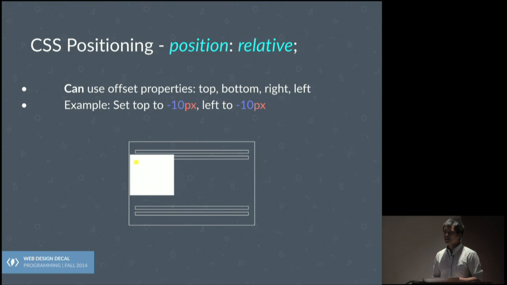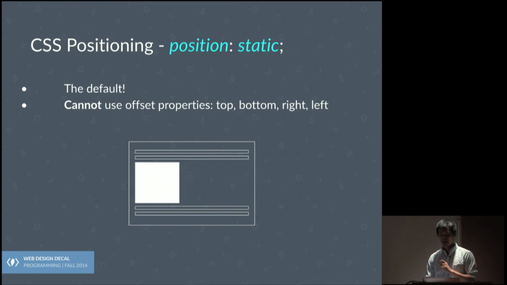So position relative, what does it mean? Well, position relative really means relative to itself. Once you put position relative just on this image, you can set these offset properties. The example shows exactly what happens. What I've tried to do here is have a little yellow square in the corner. I'm not sure if it's super visible, but that's supposed to be where the image would normally be, exactly where the image was back here.